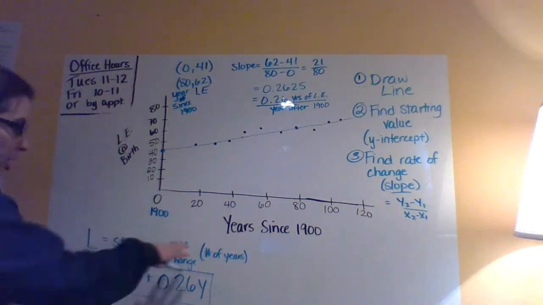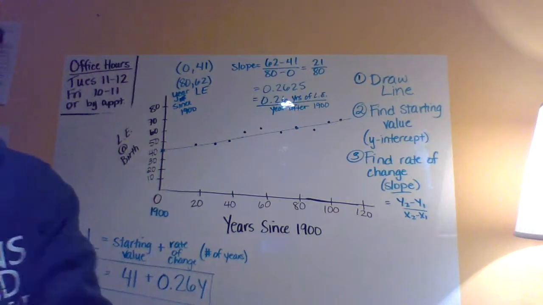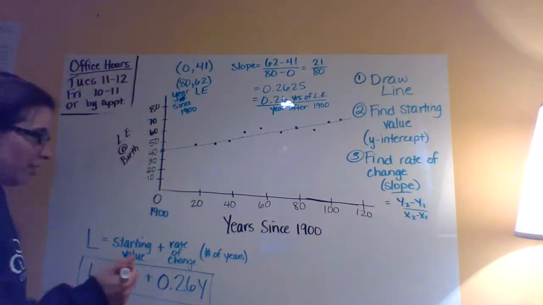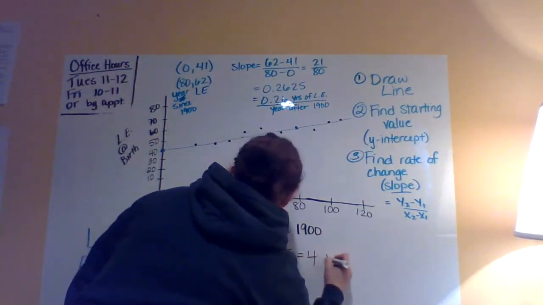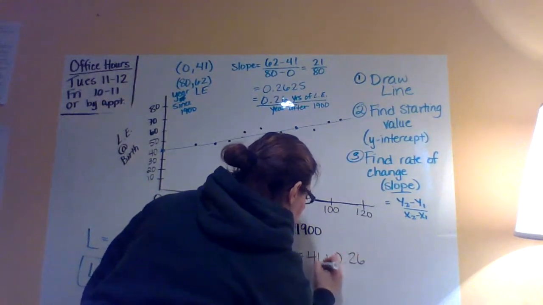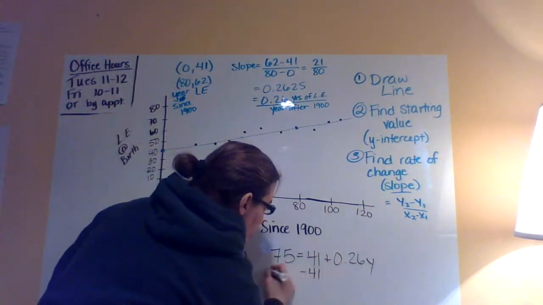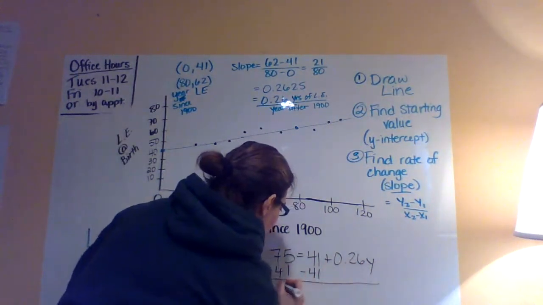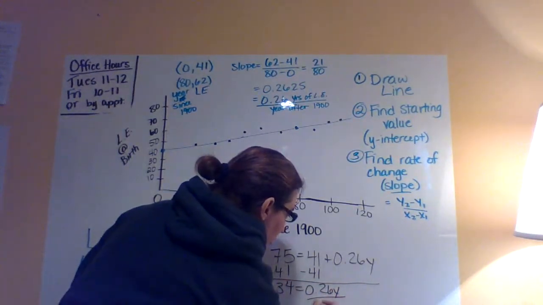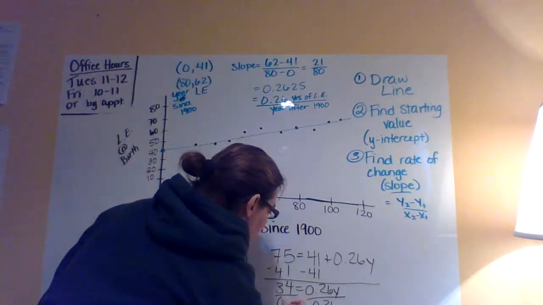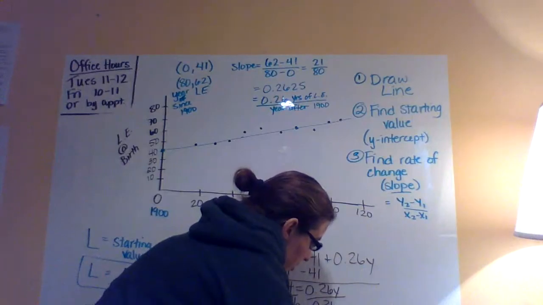So we just plug in for one and solve for the other. In this case, we want to know when life expectancy is 75. So 75 equals 41 plus 0.26y. I'm going to solve for y. I'm going to subtract 41 from both sides. I get 34 equals 0.26y. I will divide by 0.26, and I will get y equals